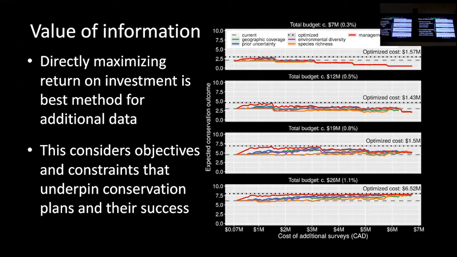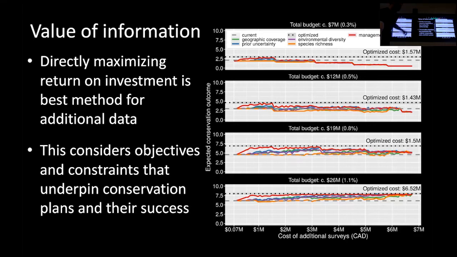What we can also see is the gap here changes depending on our total budget as well. It's a bit smaller here, whereas it's a bit bigger down here. So what this suggests is the potential room for improvement that you have for collecting new data might depend on how restricted your resources are to begin with. Phrased differently, if you've got very little budget, then maybe the best thing to do is just spend all that on achieving your outcome rather than collecting lots of data.